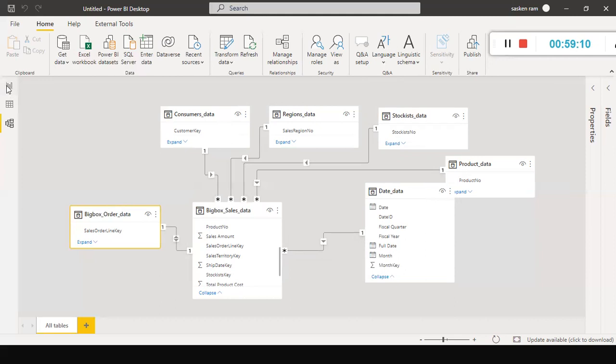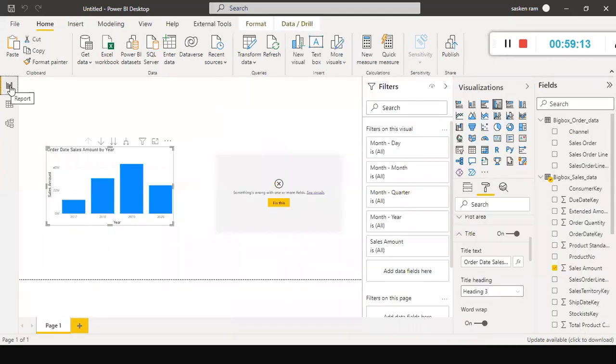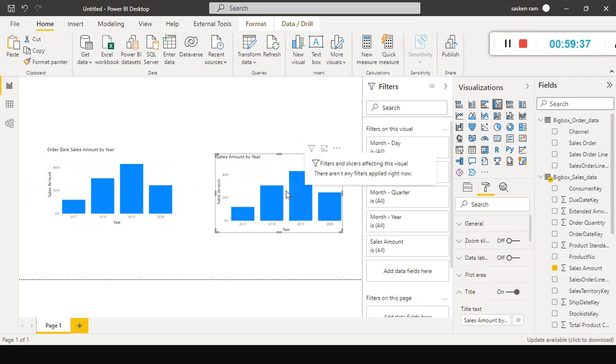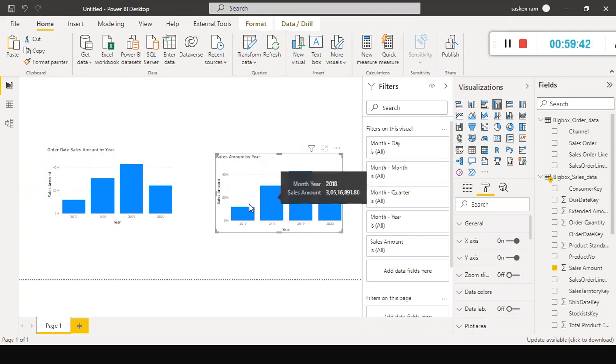Look here. To answer Vijaykanth's question: why can't we do it with an active relationship? Because you linked the date ID column from your date table to the order date key column in the sales data table, it does the filtering by order date. Look here, you are getting an error. Something went wrong. When I click on fix this, it will work, but it is not showing the sales amount. Look at the 428,305, right? It is not showing, because we have only an active relationship. We removed the inactive relationship.